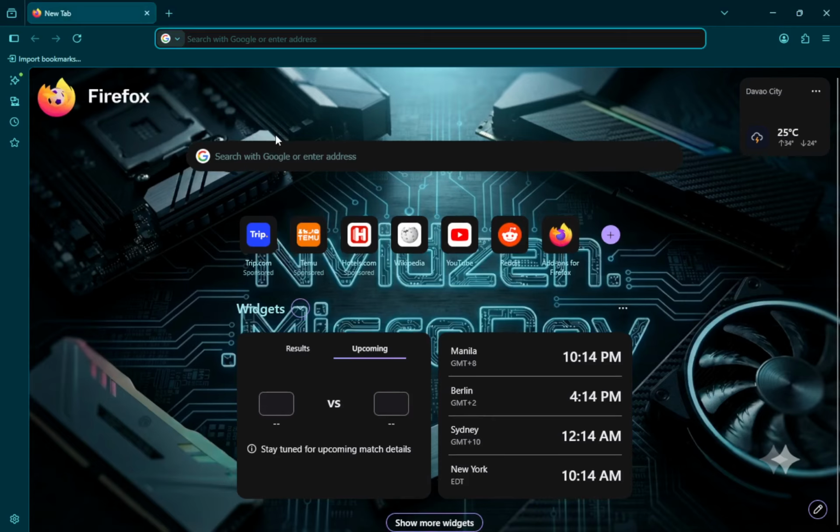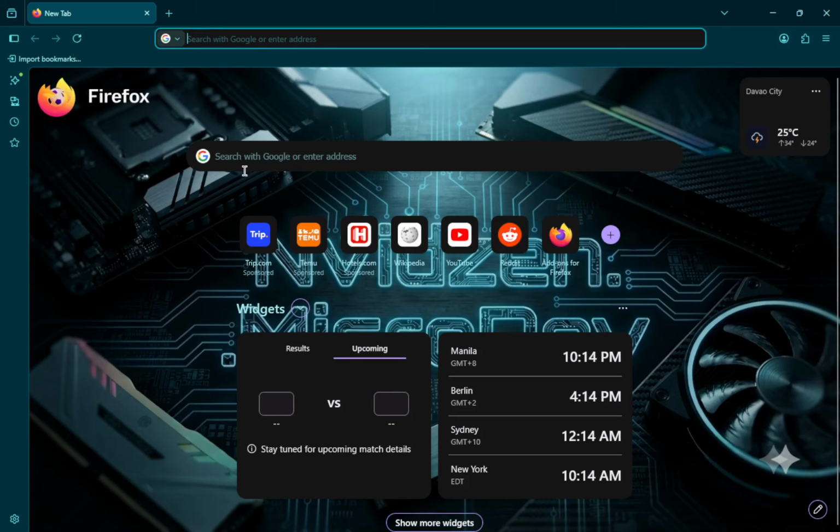As it opens, you may notice the vibrant orange fox logo, which signifies that you are accessing one of the most popular web browsers available. This step is essential because you cannot perform any updates unless the browser is running. So, ensure that Firefox is fully loaded and ready for the next steps.